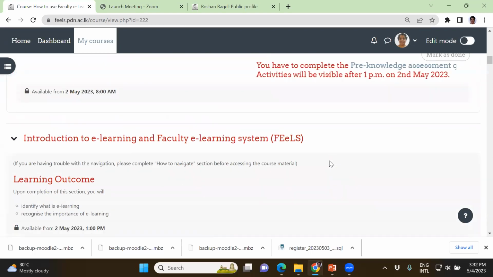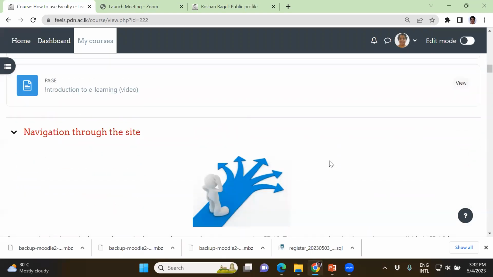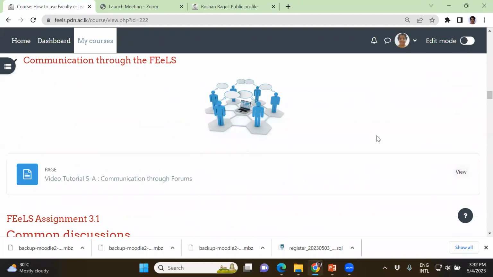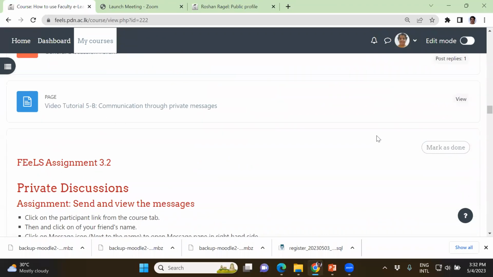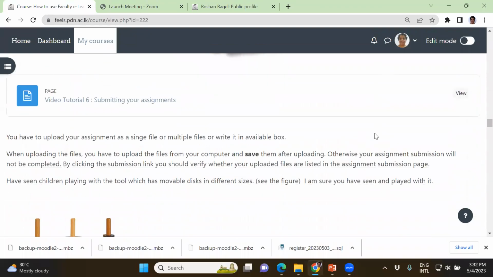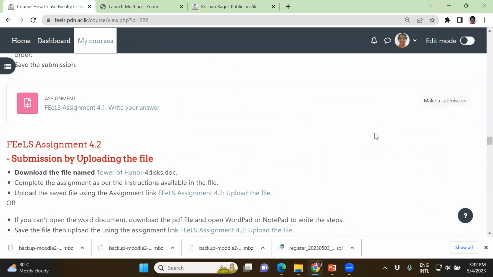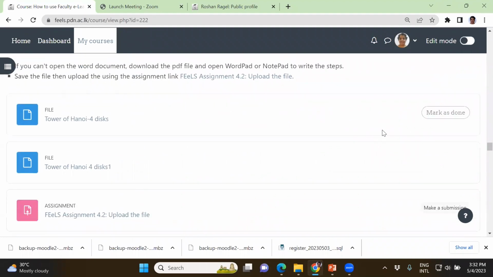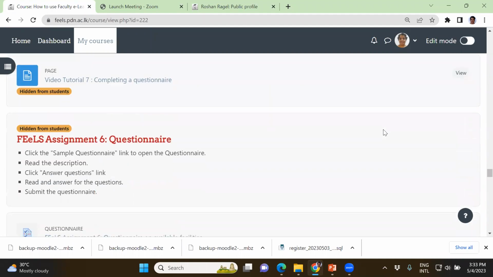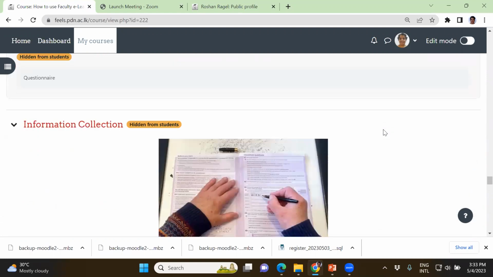Another important thing you have to understand and learn is information collection. It's not a questionnaire. It's a type of database where we are collecting information. There are some special situations where we use this activity to collect information. As an example, when you